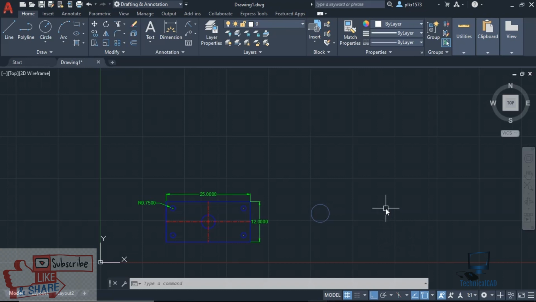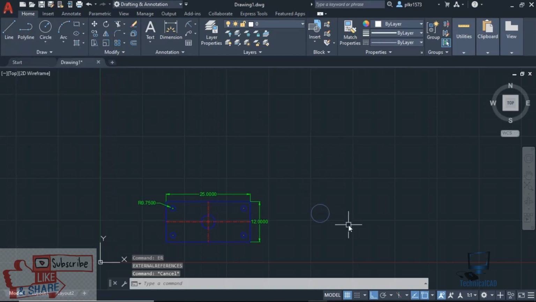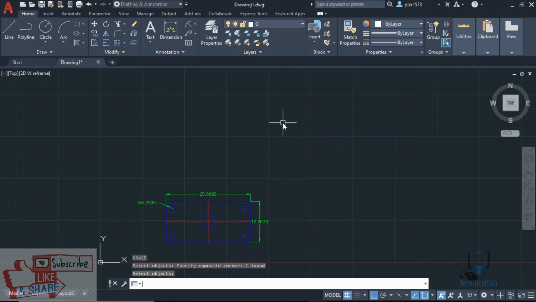I will go for the erase option. Erase, E, enter, select objects and give enter. So now it has been erased.